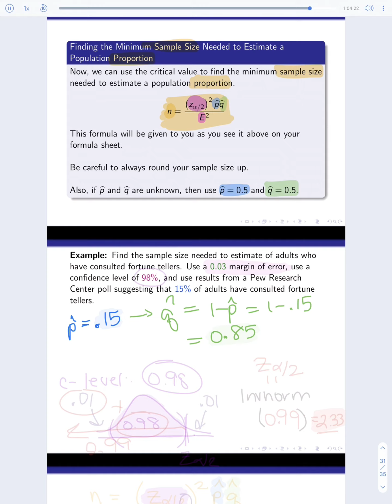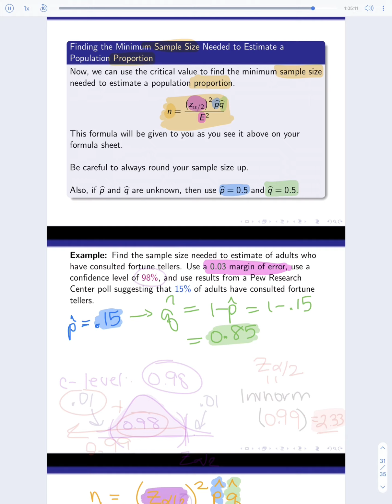The formula for our minimum sample size needed is n equals z sub alpha over 2 squared, then p hat, q hat, and this was all over our margin of error squared. So we've got the p hat already, the 0.15. We've got the q hat already, the 0.85. We actually already have the margin of error, that is going to be the 0.03. So really the only thing I'm worried about finding is this critical value for z, the z sub alpha over 2,